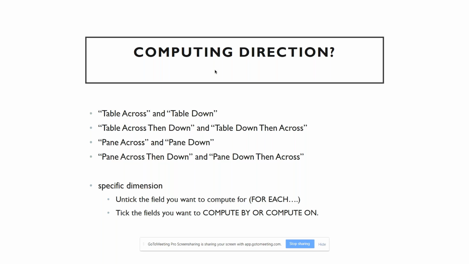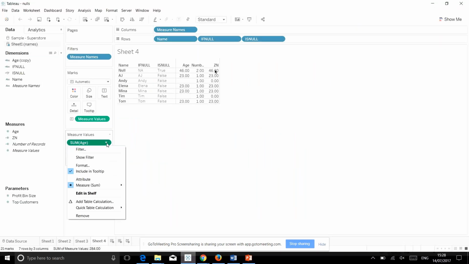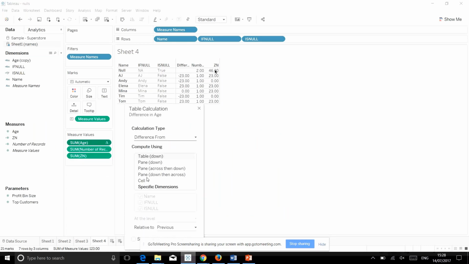So if we activate our totals, we can see what the end values are in our view. And here is the option where we can pick whether we want the calculation to be computed by table, by pane, table down, table across. So basically, we have the table down option. It will look at the calculation like this. And then when it comes to the end, it will stop computing and start for the next one again and compute from 0 down. If we have a table across,